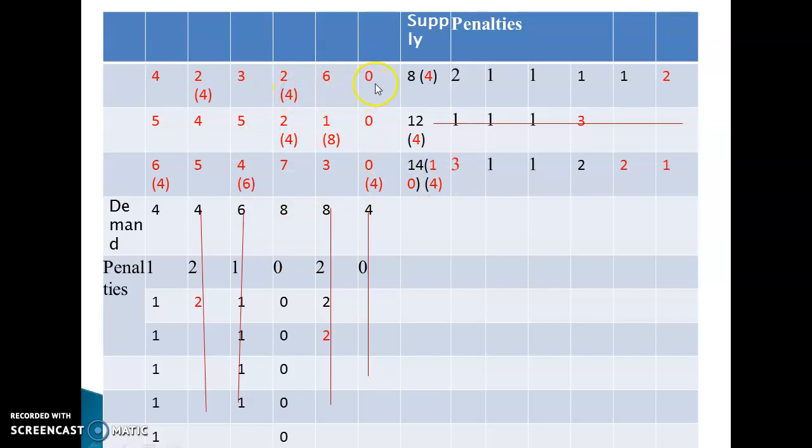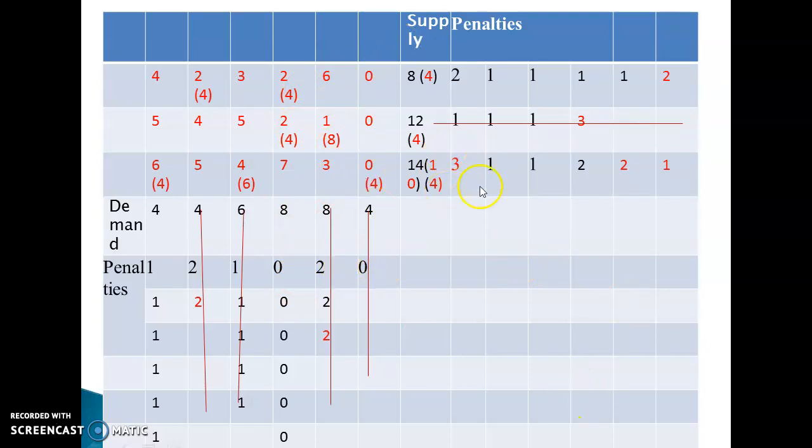In the first row I see 0 and 2, the difference is 2. In the second row it is 1 and 0, it is 1. In the third row it is 3 and 0, 3. Similarly, in the first column 5 minus 4 is 1. Second column 2 minus 4 is 2. Then third column 3 minus 4 is 1. Fourth column 4 minus 4 is 0. In the fifth column 3 minus 1 is 2, and it is 0.